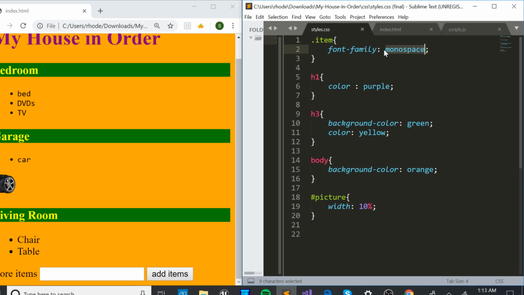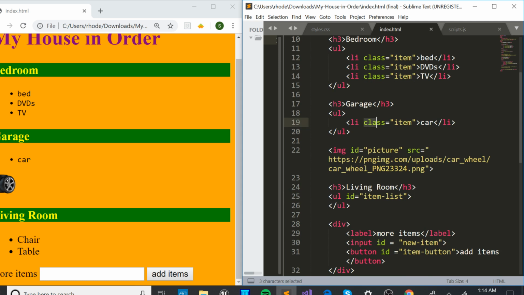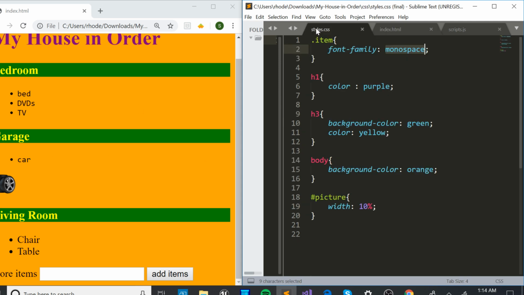which has a value of monospace. And yeah, this is the class right here. This class comes from this item, the car item here. And yeah, so you will notice that this font is different from this font, the chef font, and that is because